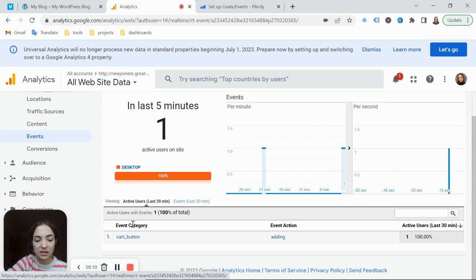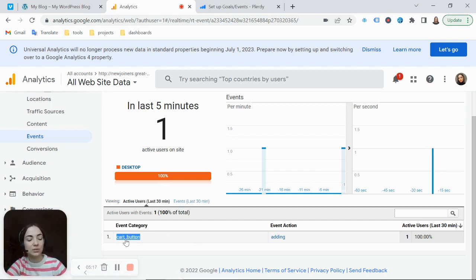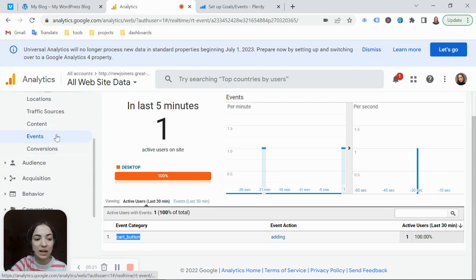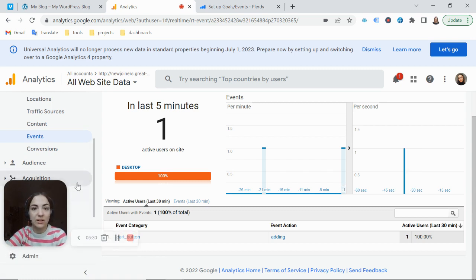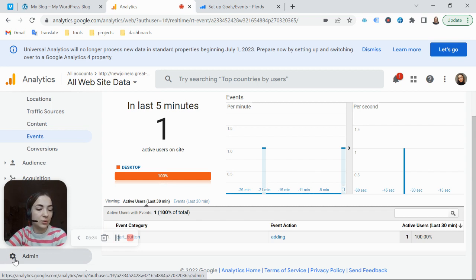But it really often happens that it's not appearing because Google Analytics reports have delays. If you don't see your event appearing here, it could be something different. I mean, it could be an add to cart button action that is not connected to Plerdy. I will show you directly how to create conversions without waiting until they appear in events in real time. So as soon as you created this event in Plerdy, you are ready to go into Analytics,